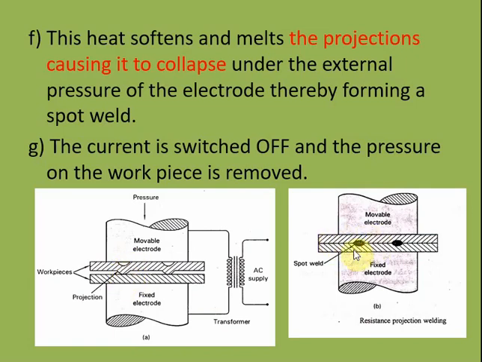and it will form a weld. It actually looks like a spot weld, but it has multiple projections and the weld occurs at different projection points. So it is like a projection spot weld. Unlike spot welding, it is a single stretch. In a single operation itself, we can achieve all the required spot welds. But in spot welding, a series of welding processes is required. Now the AC supply is kept off, and pressure is removed, and we can remove the workpiece.